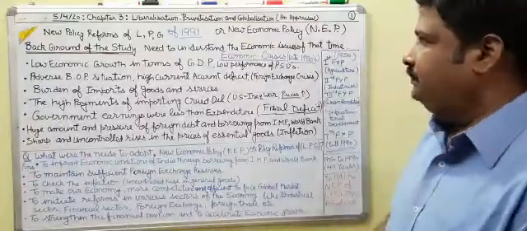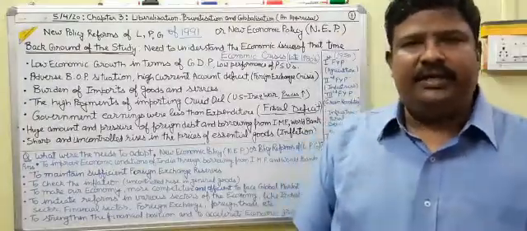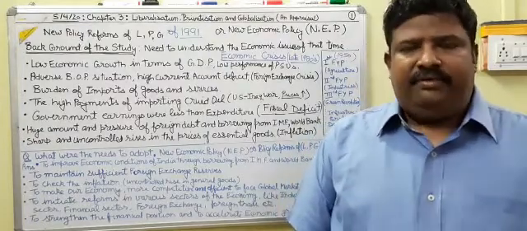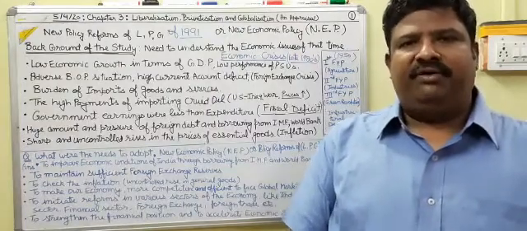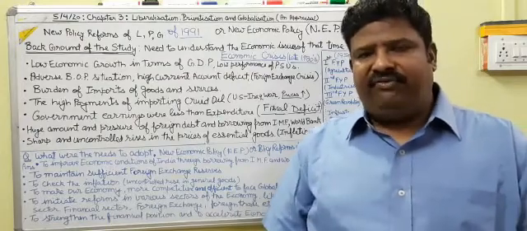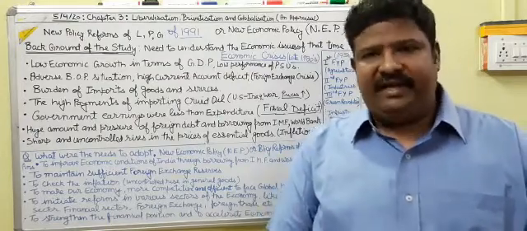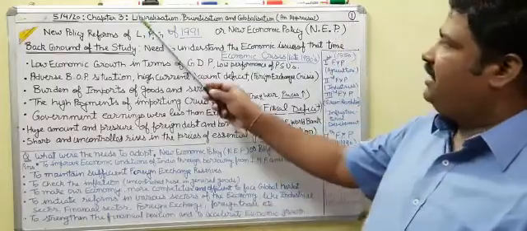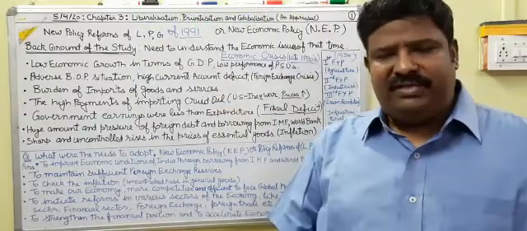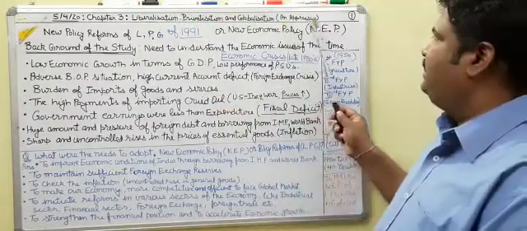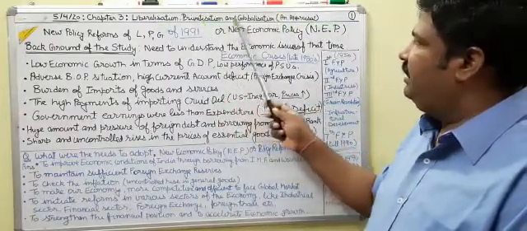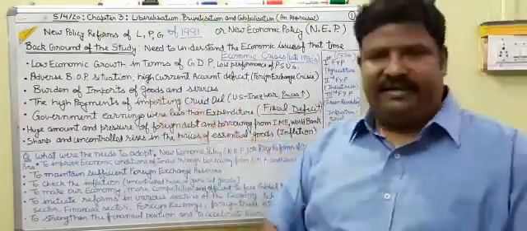So today we are starting the second unit of the economic development of India. In the second unit, we will see the economic reforms since 1991. The major reforms taken after 1991 were liberalization, privatization and globalization, commonly known as the LPG approach. So it's an appraisal of liberalization, privatization and globalization in chapter number 3.